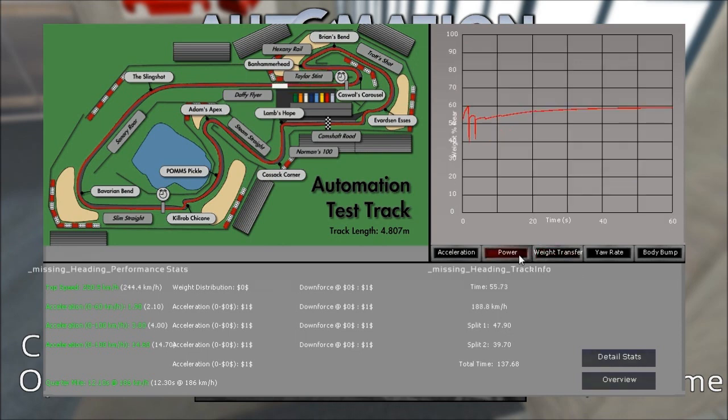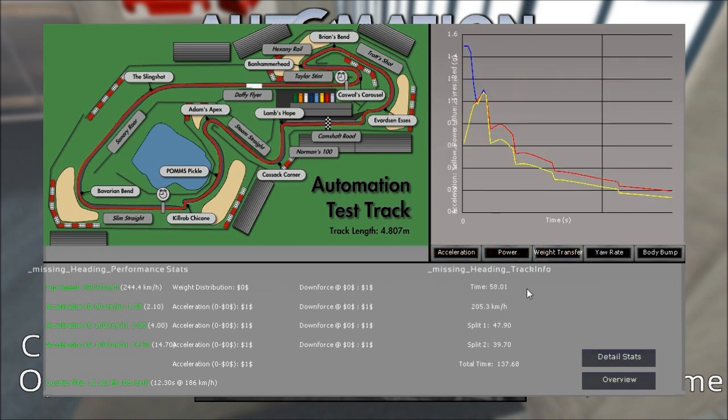and oh, this is so slow. The car is fast. This is so slow. All right, so now let's see. 230. Oh yeah. It can go full throttle through it, and now it's an uphill section, so it doesn't gain that much speed. Now into the Bavarian Bend, which is really tricky. It has negative banking on the second part after a small hill, and now into Killrob Chicane, and so on and so on. You get the gist of it,